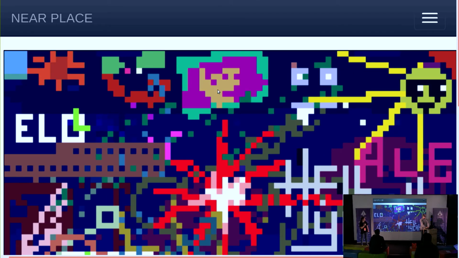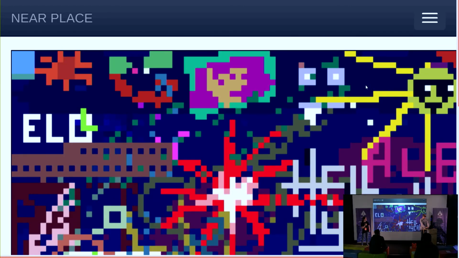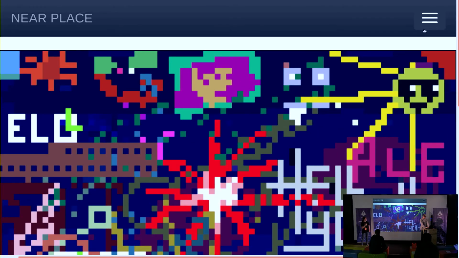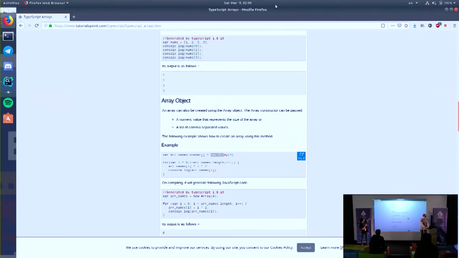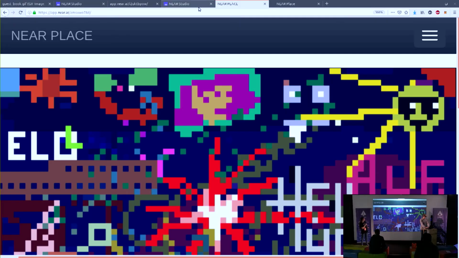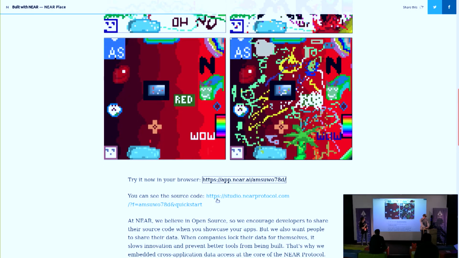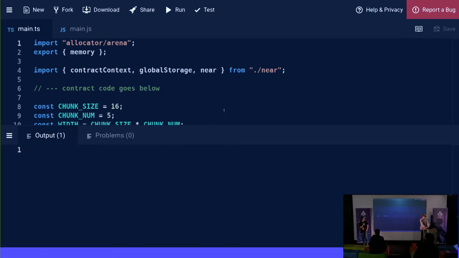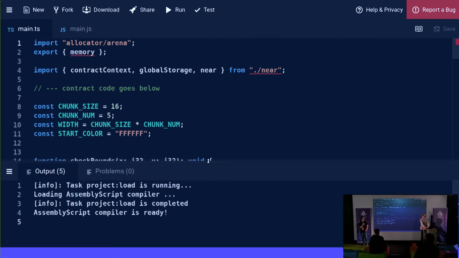Yeah, and there's a couple other examples to see what is possible. And the cool thing about it is that there's a way to jump to the source code. If you go back to Built with wNEAR, you can actually open this link in Studio, which will bring you to the development environment with that particular application in there, and then you can fork it and just start building from that state. So that will be your own version of it. If you run it, it's not going to have the same picture. State is not forked.